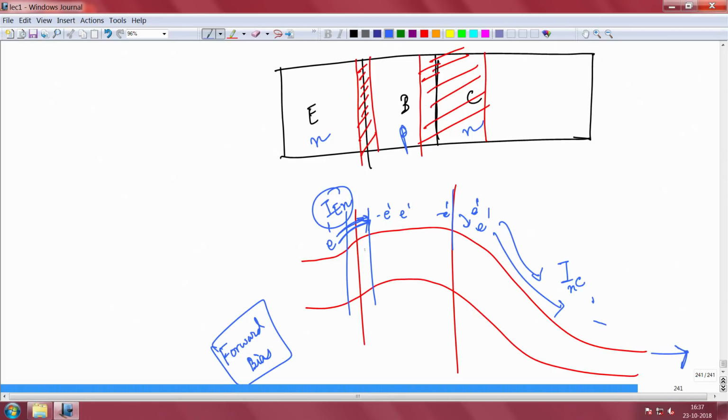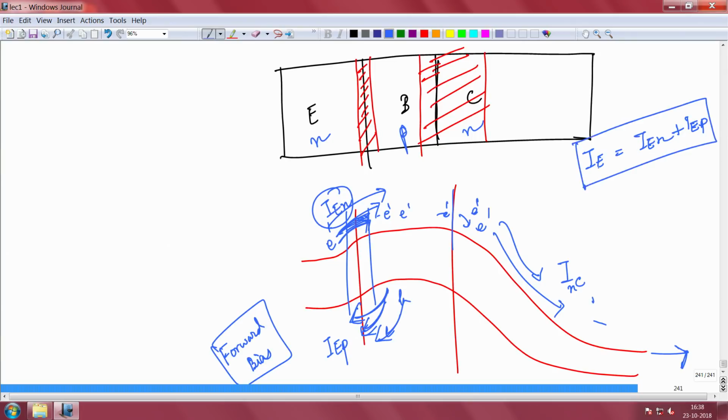Because this is forward biased and this is p type doped, a lot of holes will also be injected across this junction. The current direction is also in this direction, but that is okay, not a problem. Let us not focus on the direction now. Holes are injected this way, I call that IEP, because that is also an emitter current. Electrons going this side, holes coming this side, they are both emitter current, one is the electron component, one is the hole component. So the total emitter current is the injected electrons plus the back-injected holes, both in the same direction. That is the total emitter current.